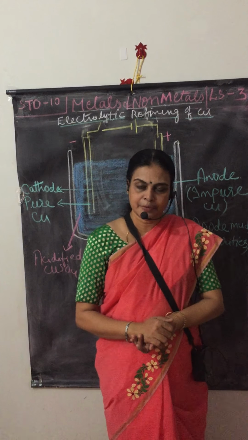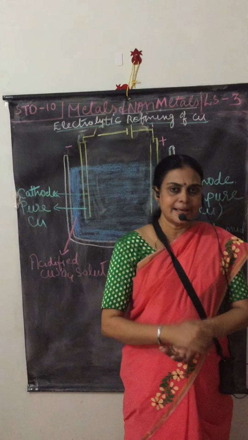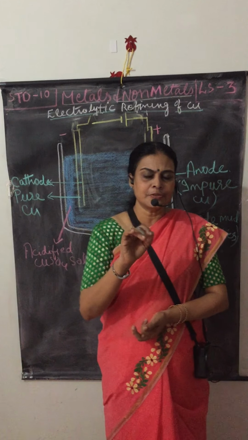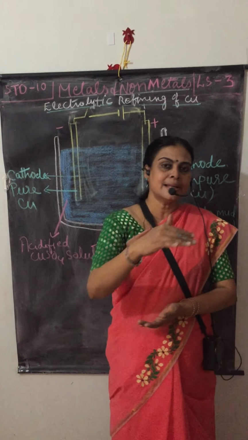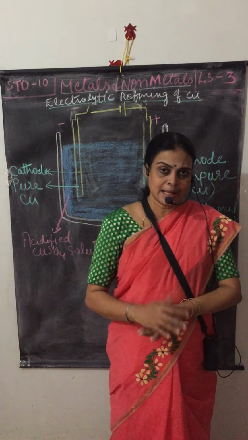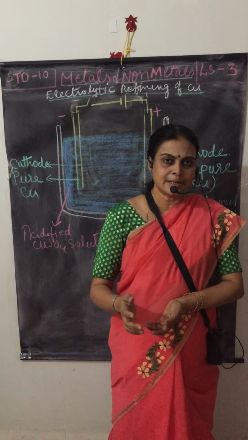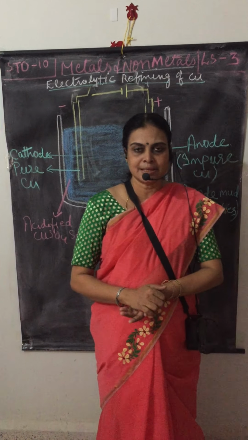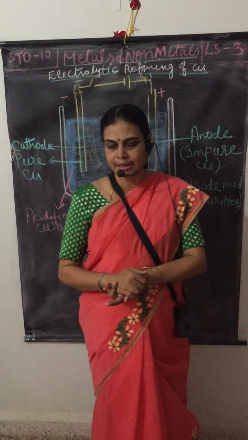One method: rusting of iron can be prevented by painting, oiling and galvanization. Now what do we mean by galvanization? Galvanization means a thin layer of zinc is coated on the surface of iron so that it prevents the rusting of iron. Then alloys can be made. Now what are alloys? Alloys are a homogeneous mixture of two metals, or a metal and a non-metal. The basic metal is melted and the required proportions of other metals are added, and then alloys can be prepared.